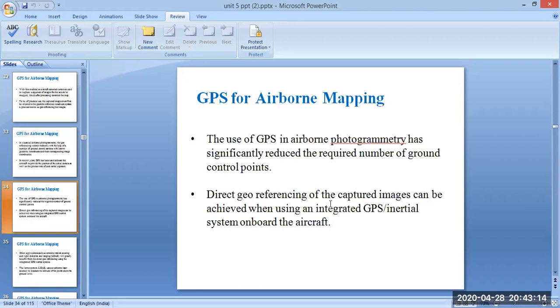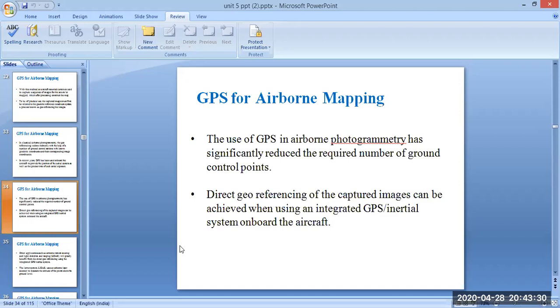Direct georeferencing of the captured images can be achieved when using an integrated GPS INS system on board the aircraft. So instead of using the indirect georeferencing method in photogrammetry, we use direct georeferencing.